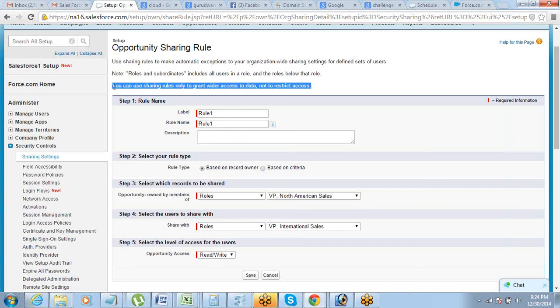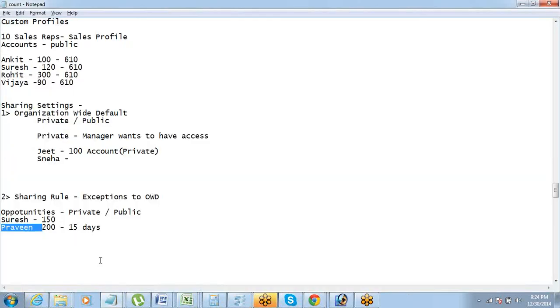So that is what this means, and this is something very important. You will need this a lot. You will need to keep this in mind a lot while you are dealing with data access and all. All right, Jeet, so what that means is that this sharing rule comes into effect for the entire profile, not for a single user, right?